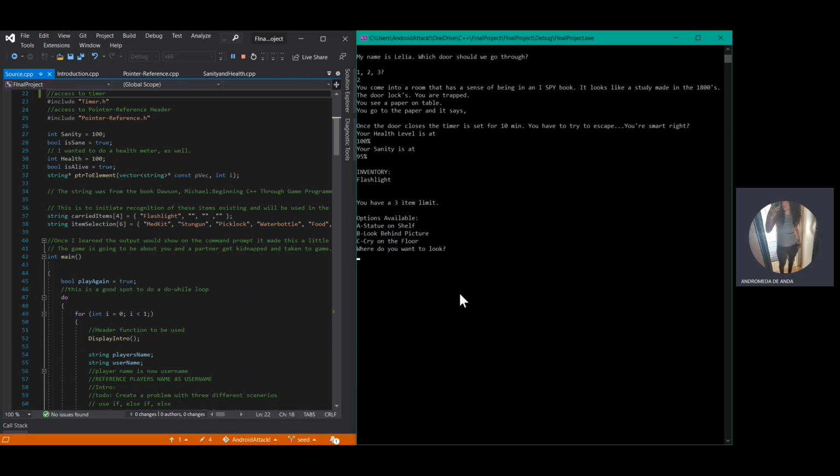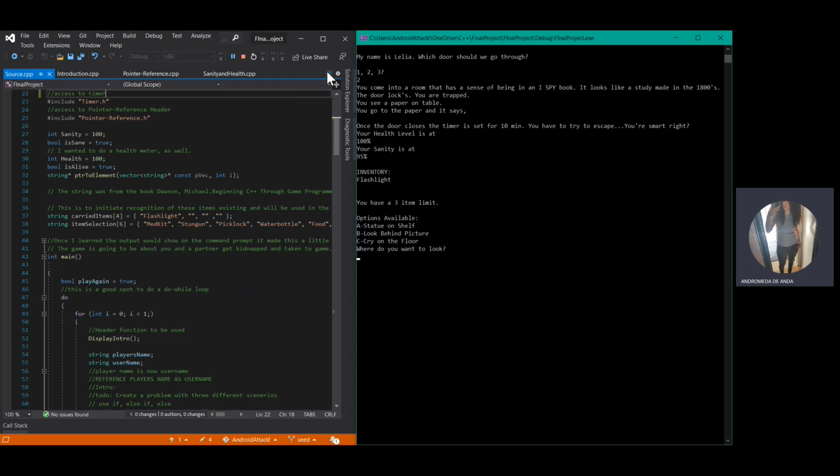It also shows you how much is in your inventory right now, and then what options you're going to do. This part is where I ended up stopping, but I just set up what might happen. After this, it's supposed to branch out to see what other options there are. I still need to learn how to branch that out, but for the time being, this is what we've got. Another thing I would like to show you